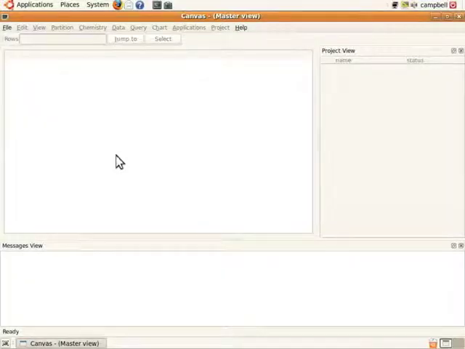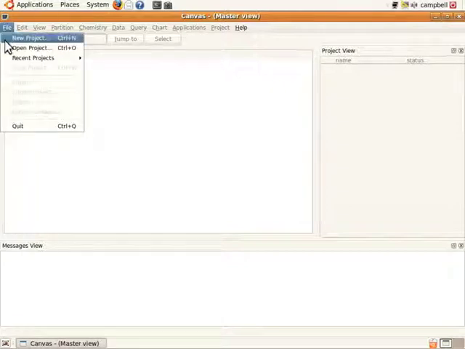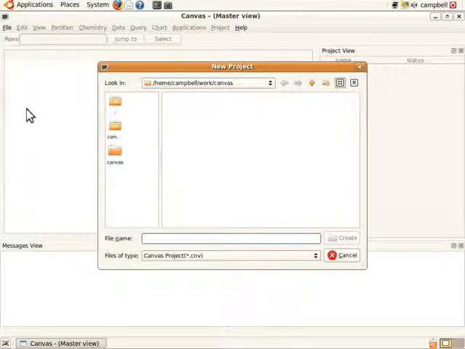Okay, so having seen some of the basics of the Canvas interface, I now want to do a live walkthrough of what some of these features will look like when you use Canvas on your own. Those of you who are feeling a little bit more adventurous might want to skip this part of the video, but for the rest of us, I'll get started here by creating a Canvas project. To do so, I'll head up to the File menu and choose New Project. I'll just type the name of my project